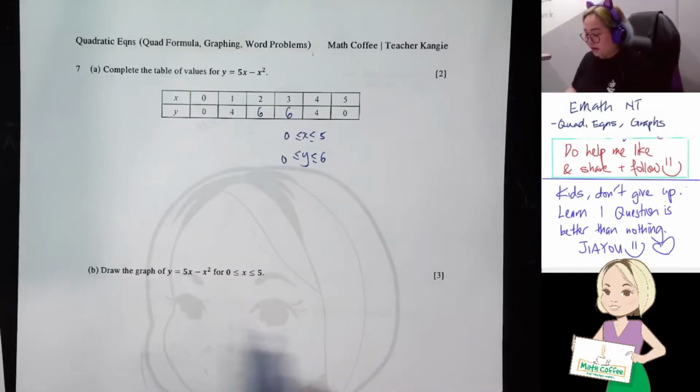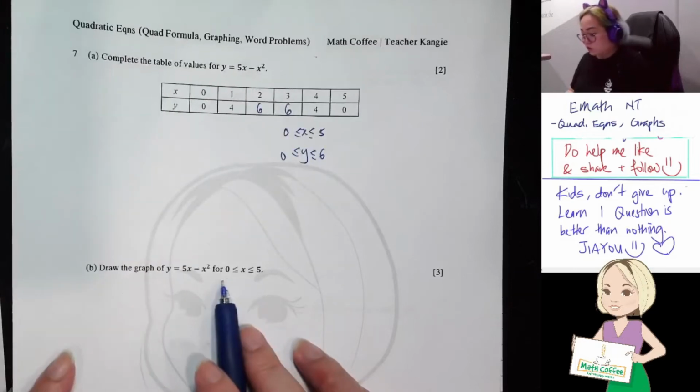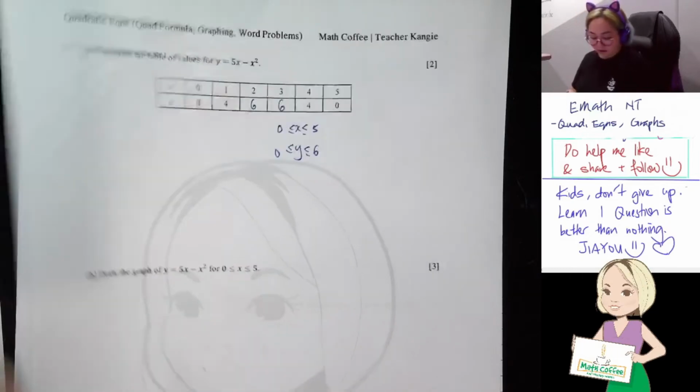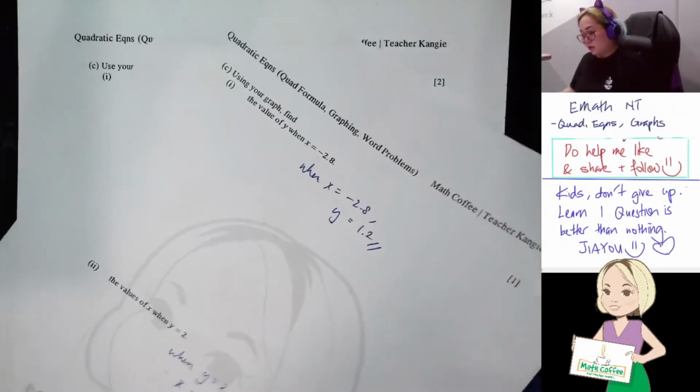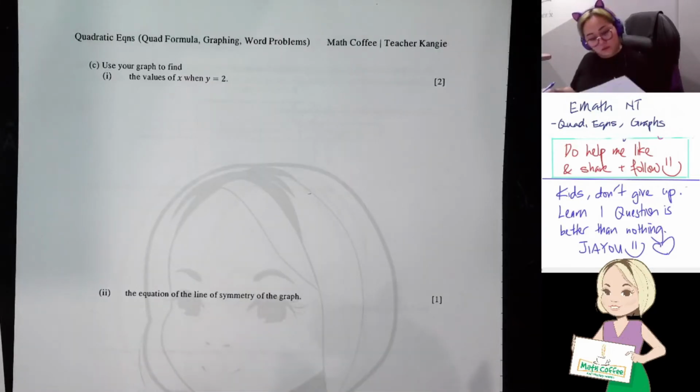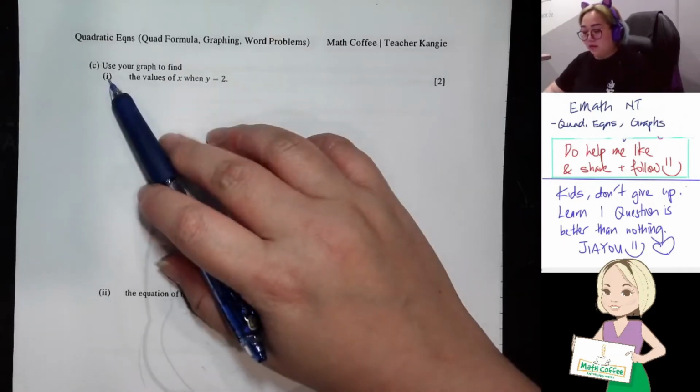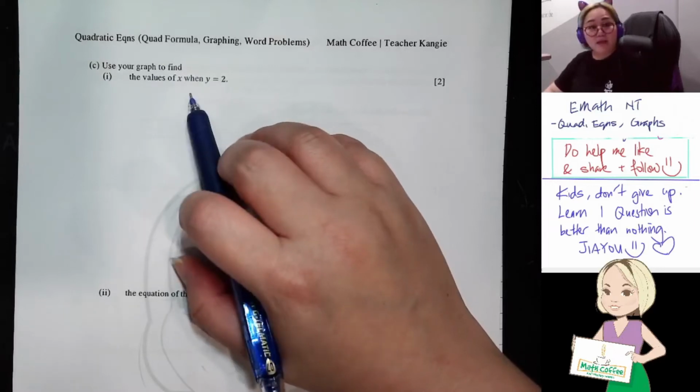They draw the graph. Okay, so you see in this case they asked to draw from 0 to 5. So I already drew 0 to 5. Okay, so now they ask 6 and 7. Yes, this one. Now they say, use your graph to find the values of x when y equals to